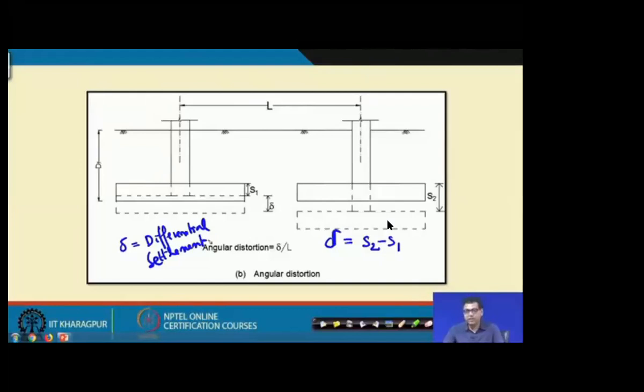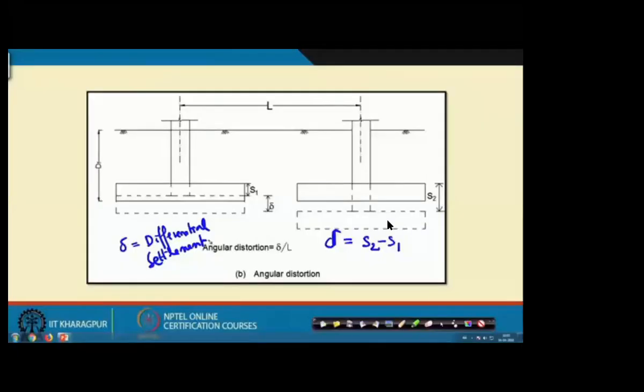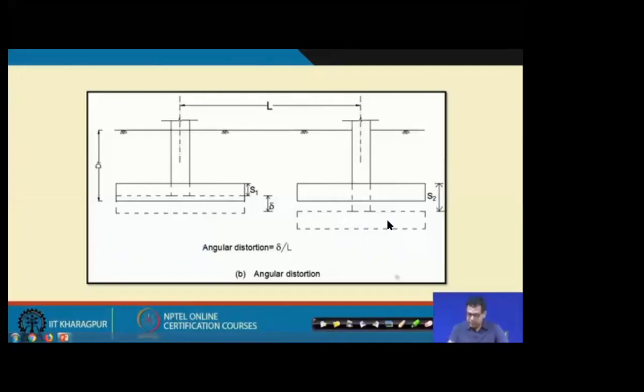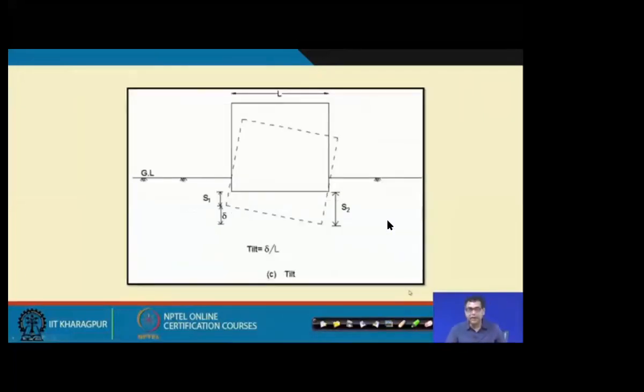Now, when you design this foundation, you have to check the total settlement and also the differential settlement, because you cannot have an excessive amount of total settlement or of differential settlement, otherwise there will be problems in your structure. So we have to make the foundation such that the total settlement and the differential settlement are within the permissible limit. This differential settlement, or the angular distortion, is what you have to check.